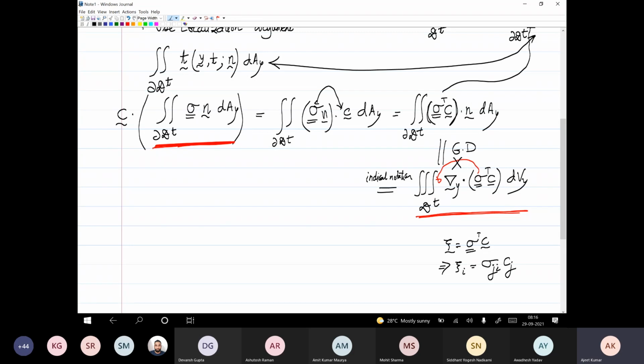Then what will be divergence? So what is then divergence of xi? Isn't it del xi I over del yi? So that means this is same as del over del yi of sigma ji cj, right? So we can put it here now. So this is integral over dt del over del yi sigma ji cj